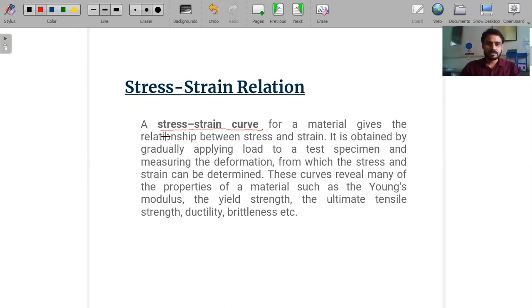So the stress-strain behaves like that. The curve is similar for every magnitude of load and every cross-section, shape and size of material. That's why we call it a material property. So if we plot the stress-strain curve of any material, we apply load in a gradually increasing pattern and see the effect of load versus deflection diagram, and with the help of the load versus deflection diagram, we plot